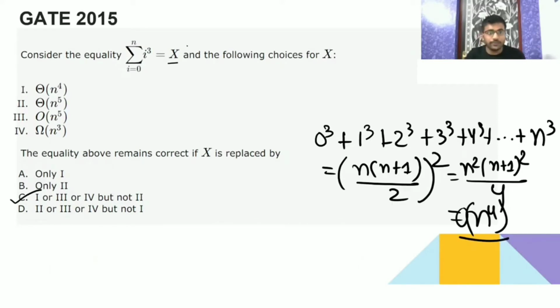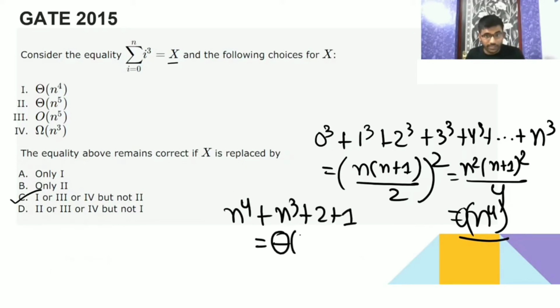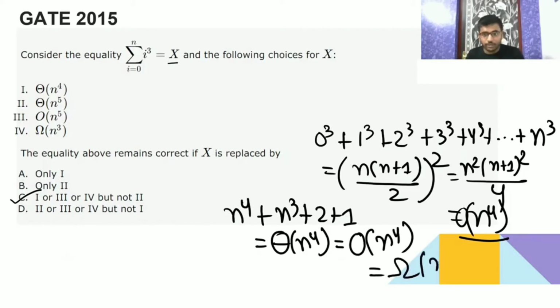So in place of x you can even substitute theta also. N to the power 4 you can substitute. Sometimes it is greater than or smaller than also, if you take with the constant you can vary. I have told you in my first video on asymptotic notation that whenever it is n to the power 4, n to the 3 plus 2 plus 1, you can take the biggest term in the form of theta. So it is going to be n to the power 4, and it is even big O of n to the power 4, and omega n to the power 4.